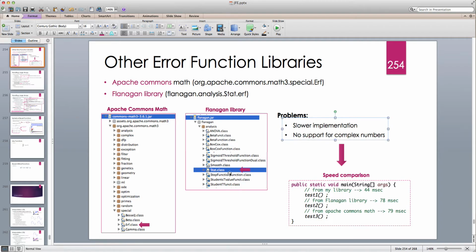Now, what are the problems? So the problems are, these are static calls and the implementation is not going to be as good as the way I implemented them. But more importantly, these implementations don't have any support for complex numbers whatsoever. And this is traditionally a problem with scientific computing in Java. For some reason, complex numbers were never